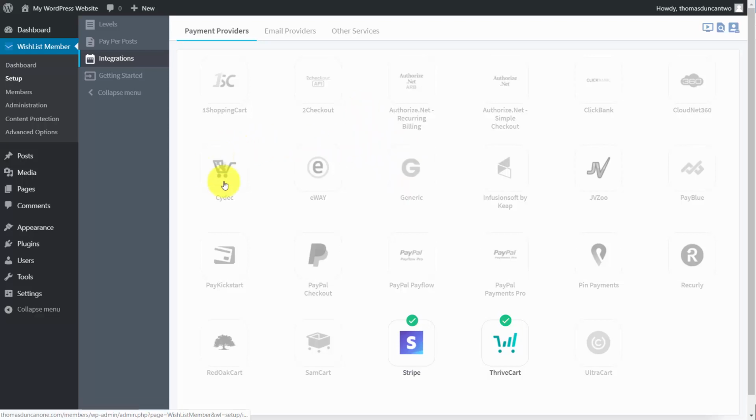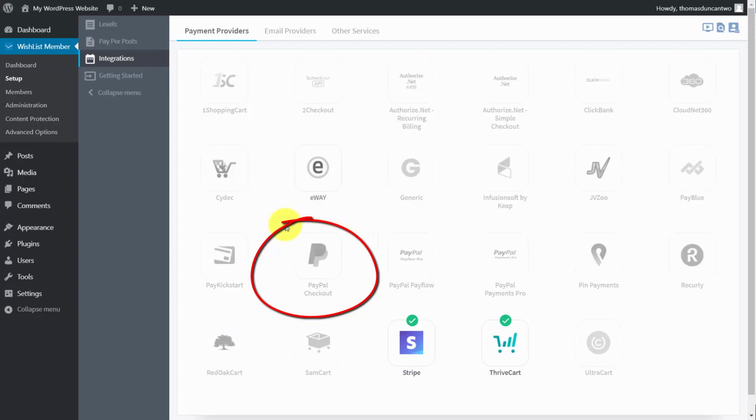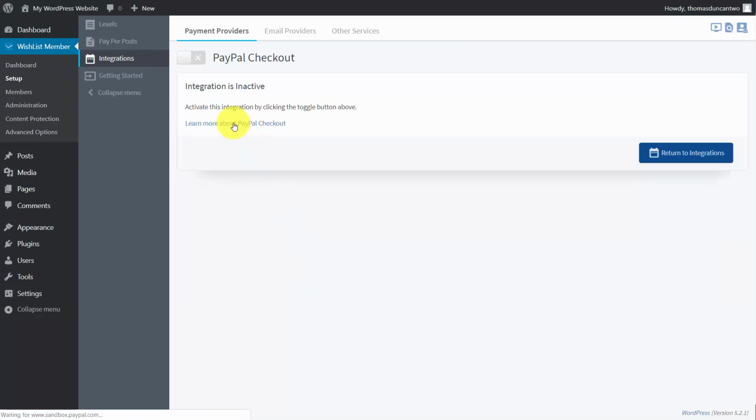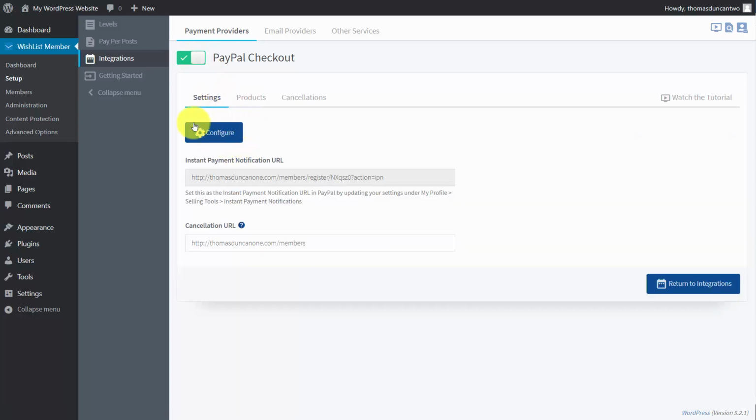Welcome back. Now you may have noticed that there is a button here for PayPal checkout. If you were to click on top of that button, what you'll notice is that you can toggle on the PayPal checkout button. And you're then going to see a configuration. And basically what you're going to have to do is you're going to have to set up the Wishlist member